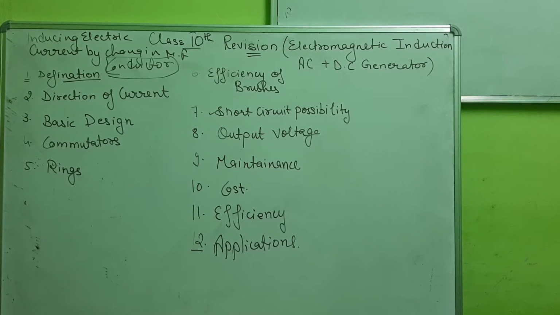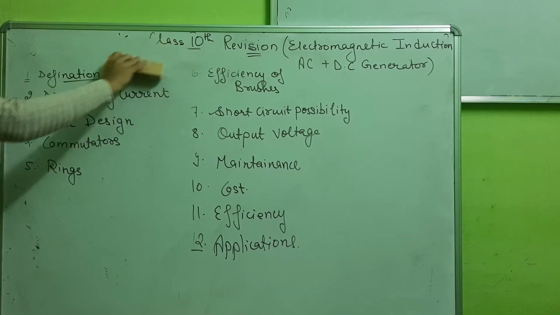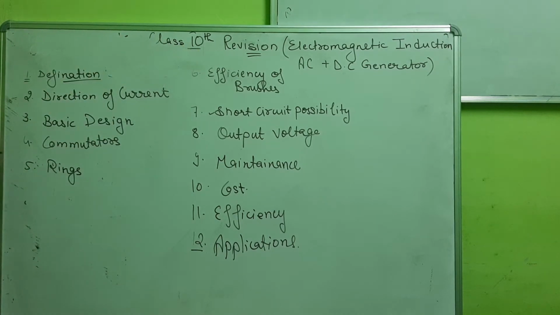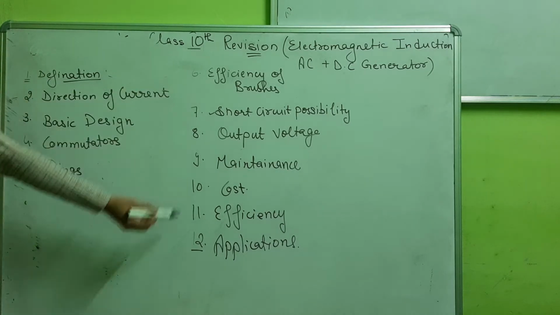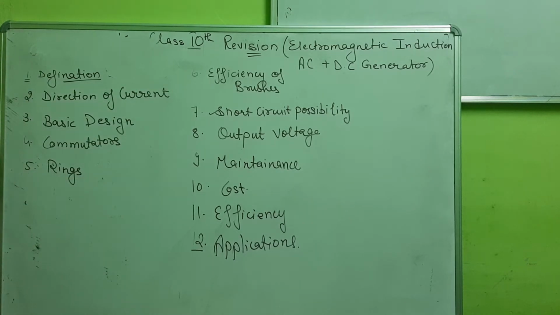Okay, so electromagnetic induction is the basic principle on which the generator works. So we will do the working as well as the structure design of the generator with the help of these key points. These key points will also help you to differentiate between AC and DC generator. Very first is the basic definition of AC generator and DC generator. You can add one more point here, the principle. The principle remains the same, just a change is there.